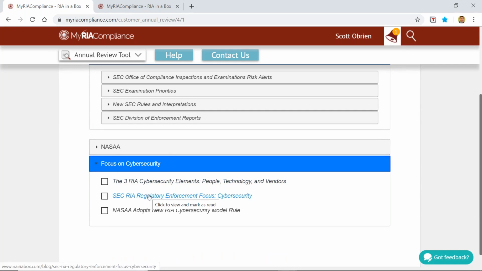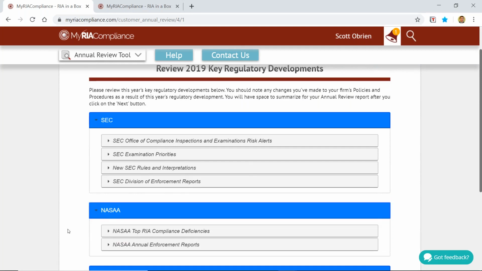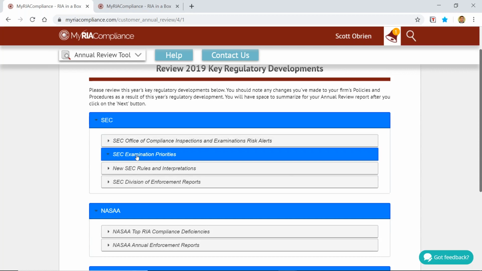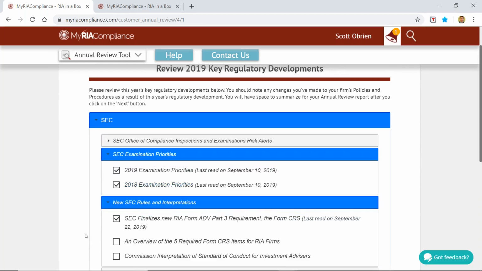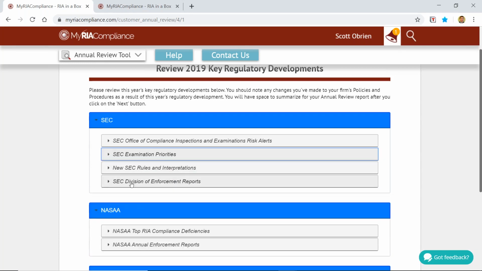sections here, as far as different regulatory guidance that has come out within that. For state-regulated firms, they would also see the NASAA section as far as NASAA compliance deficiencies and enforcement reports. So for SEC-related firms, there's a full list of all the recent risk alerts, as well as the examination priorities list that come out the last couple of years, new SEC rules and interpretations, including the Form CRS overview for the ADV Part 3. And so, again, all the key items, as well as the SEC Division of Enforcement Reports